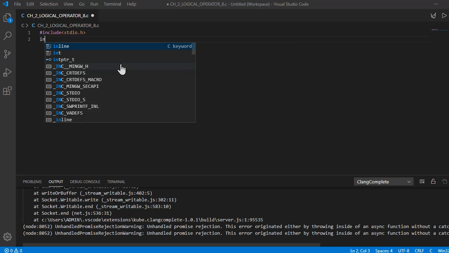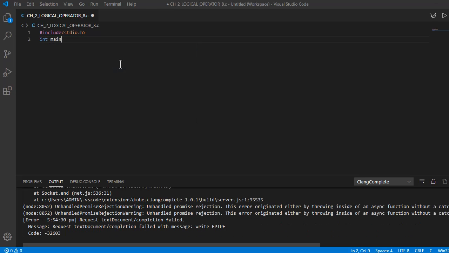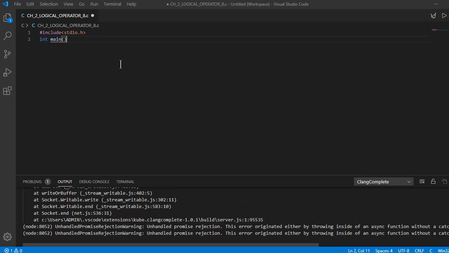Next, we need a function that is int main. Within int main, the entire program will be written.